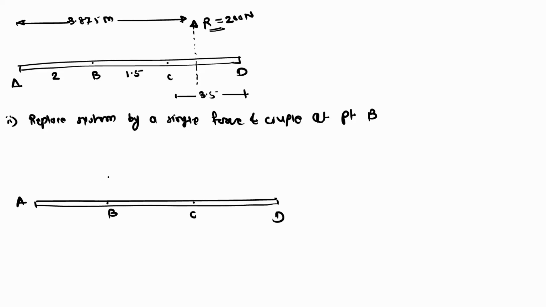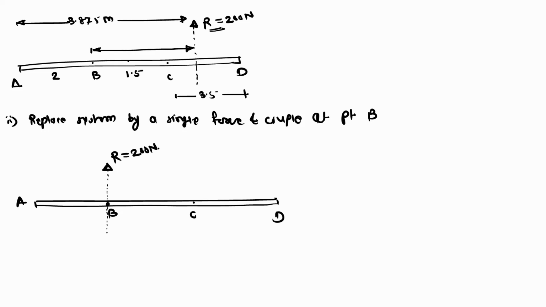So draw this vector at point B. So this is the resultant, which is equal to 200 Newton. But if you shift the force 200 Newton to point B, it will change the effect. Okay. And therefore, we have to add one extra couple at point B. Okay. So to find out the value or moment of that couple, find out the perpendicular distance of the resultant from point B.